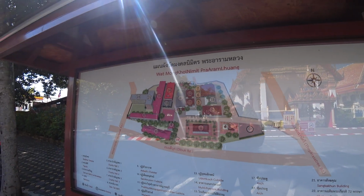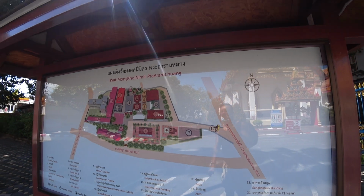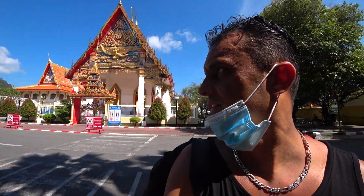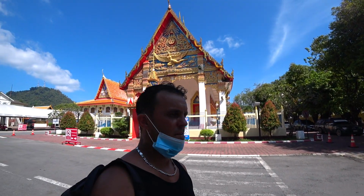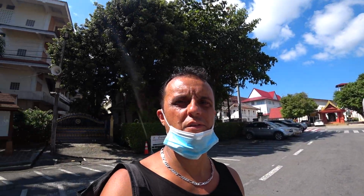So guys, as you see, I'm in this Wat Mongkol Nimit Aram Luang temple, which is right here, the backside. I'm in Phuket town, and this is actually a tourist complex here. Now it's not possible to go inside, as you see, but let's check out this town a little bit, because